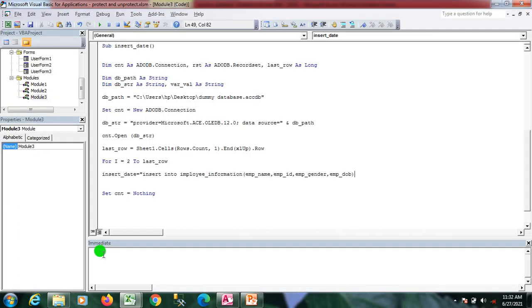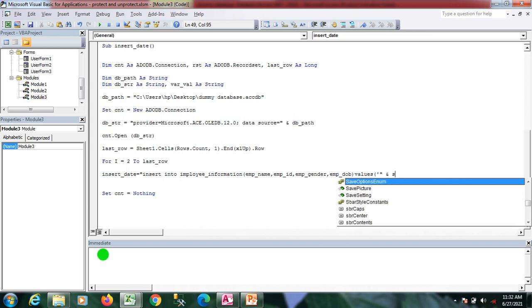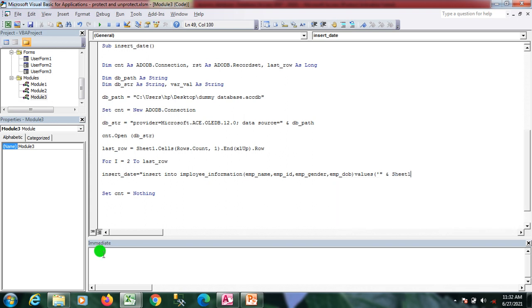Yes. So now I simply insert the values from the Excel. How would I do that? I simply refer to Sheet1.Cells(i, 1), that is the first column, right?